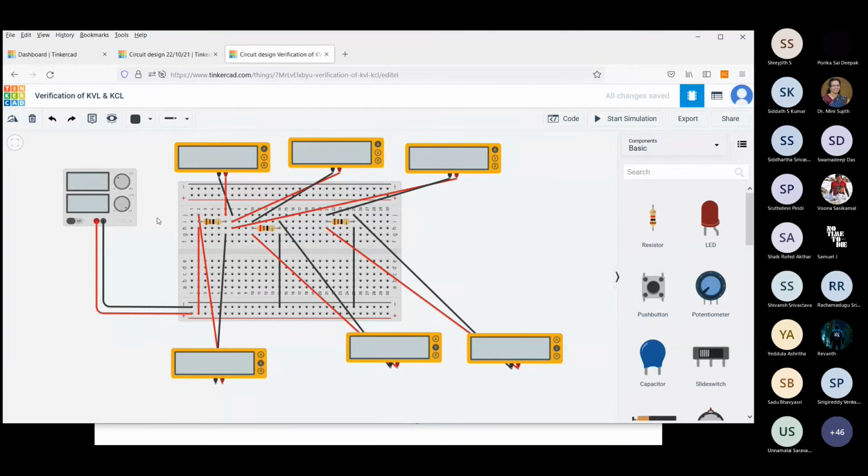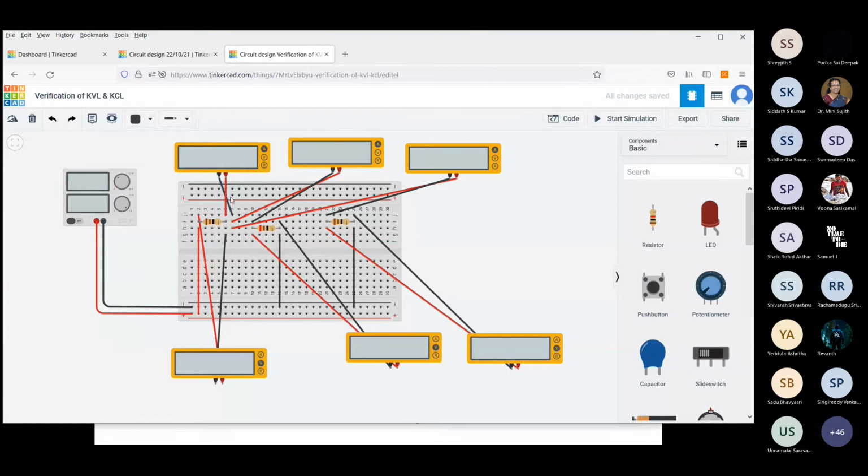So I'm explaining to you the connections once again. From the power supply, please follow exactly what is given in your manual. From the power supply positive, connect to the resistor. Either you can change the value of the resistor in the first connection itself, or you can complete your connections and then change the values of the resistors. Okay. So to the first resistor, you can see here, this is the vertical short. Then from here, the first ammeter: the positive of the ammeter, and the negative of the ammeter is connected to another point.